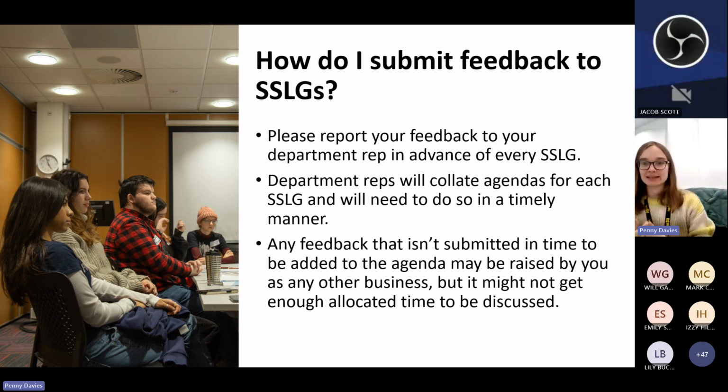On the Find My Rep page on the SU website, which I will link you to in a bit, you can see who all of the reps in all of the different courses are in your department, and also who all the department reps are for each department. And they will have an email next to their name. You can contact them via that email. At the time of recording, not everyone will have an email next to their name because they haven't gone through training yet. So bear with me, you will all have a department rep and you will all be able to contact them in the next week or so.